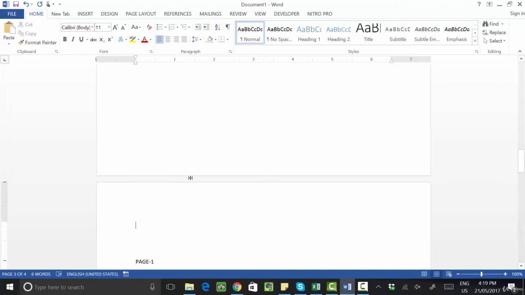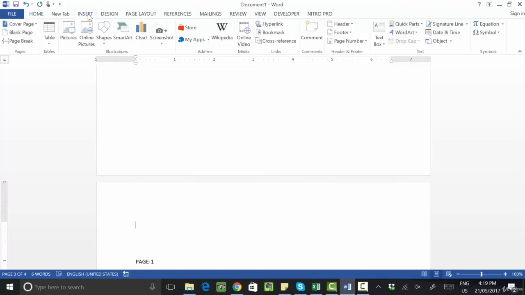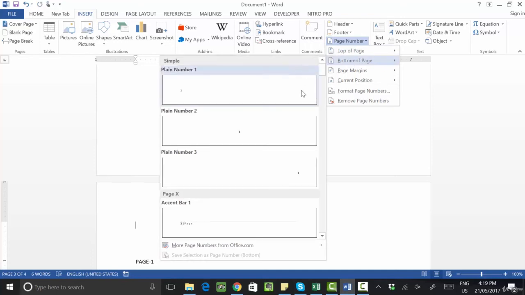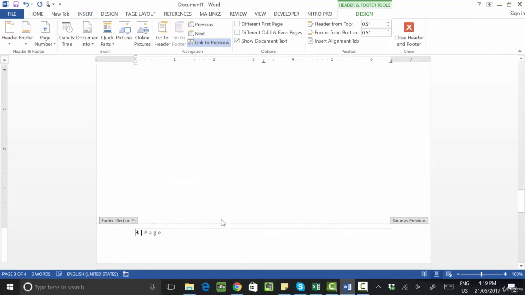Now after that, you will go to your insert option, go to page number and click on bottom of page. Now select where you want the page number: right side, center or left. Okay, so it is your choice. So let me start from the right side. So this is the page number, by default how much? It is page number 3, but I want to consider this page number as page number 1.